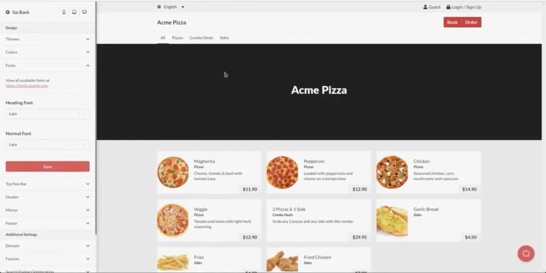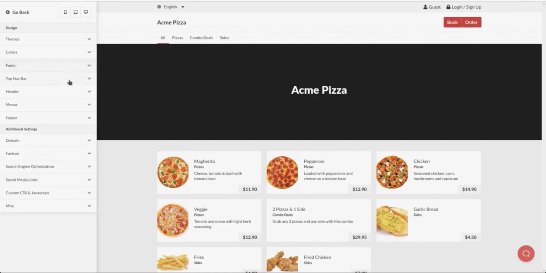The very next thing we're going to look at is the top bar section. The settings in the top bar section control everything you see in this top navigation bar up here. So where your logo would be, where the book and order button is, and where all the different categories are located. So we'll go to the top nav bar section over here,